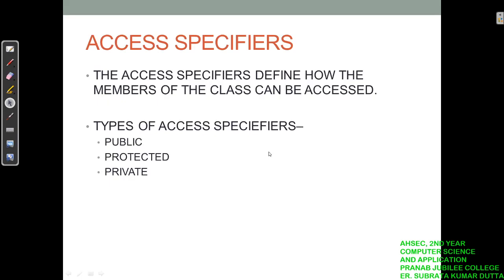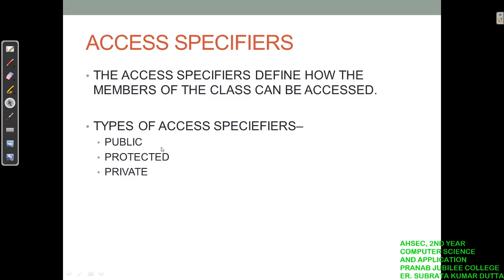How we will access those is defined by an access specifier. Got my point? The data, variables, constants and functions declared within a class, how we will access those members is defined by the access specifier.